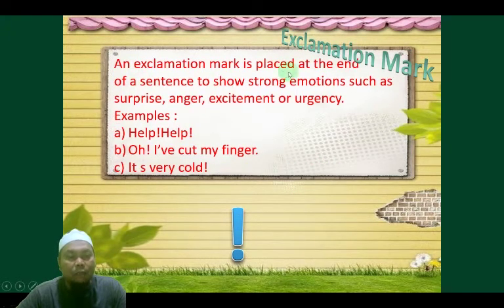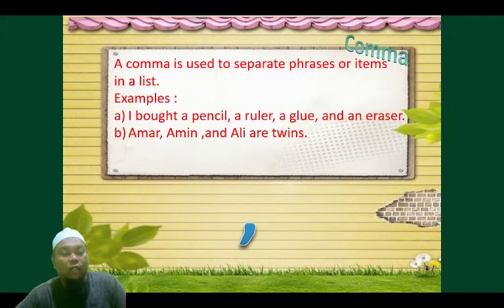When you ask something, you should put the question mark. Next, an exclamation mark is placed at the end of a sentence to show strong emotions such as surprise, anger, excitement, or urgency. Just like I said before, help, help. You should put the exclamation mark to show the utterance, means it's an emergency. Help, help. So when you read it, you know the tone. Oh, I've cut my finger. It's very cold. Okay, next. A comma is used to separate phrases or items in a list. Example, I bought a pencil, a ruler, a glue, and an eraser. All right. Next one, Amar, Amin, and